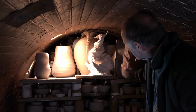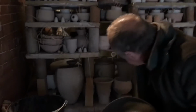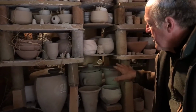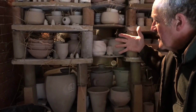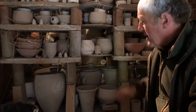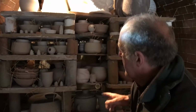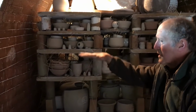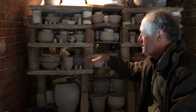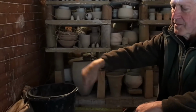We tend to put bigger pots at the top, and we kept it loose at the bottom here to make sure we draw the heat down, tight here to stop the heat going too far in too quickly. And here we're going to put a big jar there, and here as really one of my last chances to stack layers of smallerware. And I'm going to do the layers of smallerware that side, because here I'm going to put,